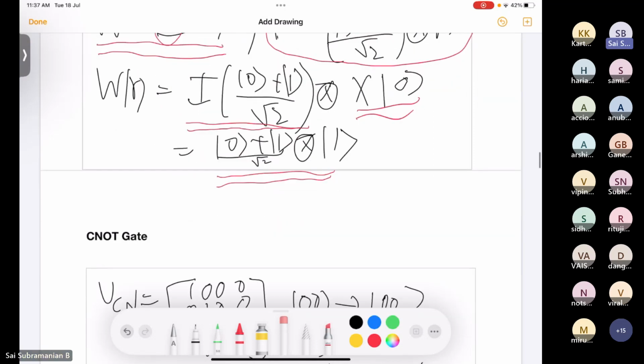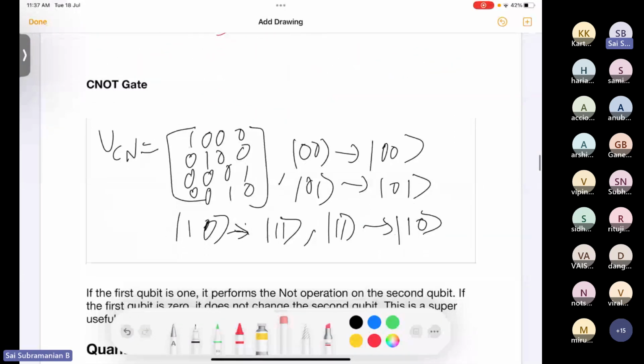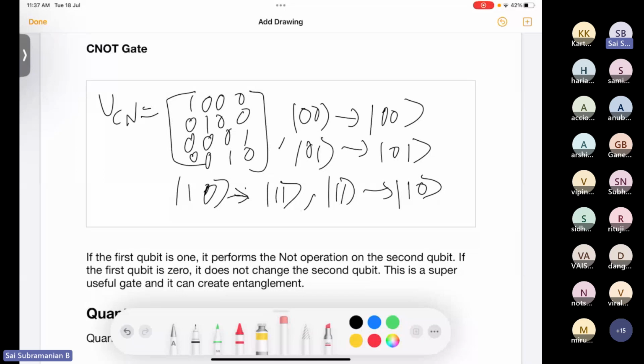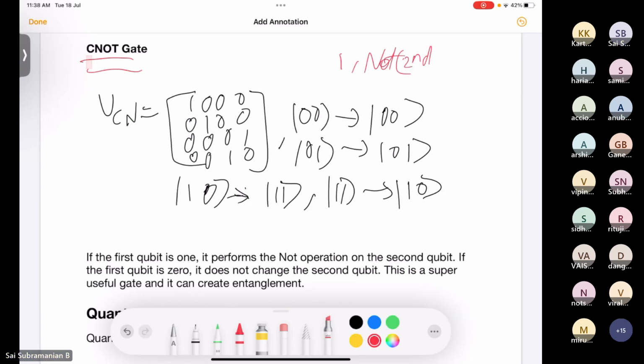Okay. So we are just going to look at one important 2-qubit quantum gate. This is the controlled NOT gate. CNOT is nothing but the controlled NOT gate. So like the name suggests, if it operates on 2 qubits, if the first qubit is 1, then it performs the NOT operation on the second qubit. If the first qubit is 0, it just leaves the second qubit untouched. So controlled NOT gate, depending on the value of the first qubit, it either performs NOT on the second qubit